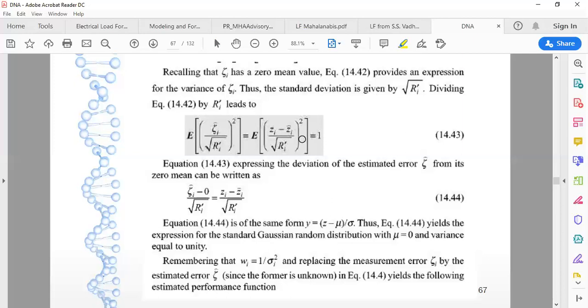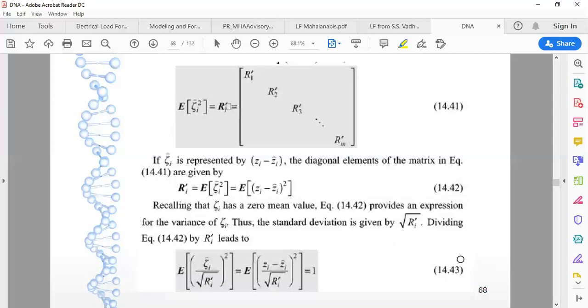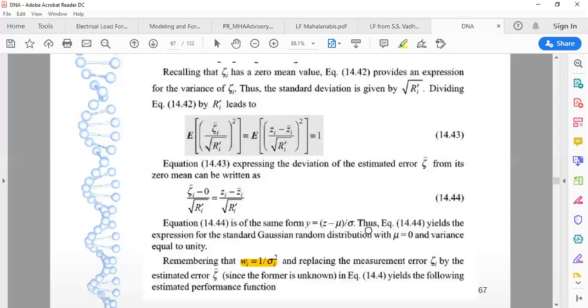But over here, if we substitute this value, then the strange looking things will come out, that the ratio of these two will help us to find out the degree of freedom. What is degree of freedom? It is nothing but m minus n. So let's discuss one by one, and we will find that the ratio of this term will lead us to identify the degree of freedom offered by that network.